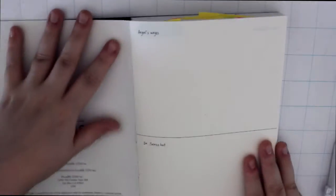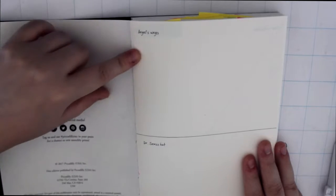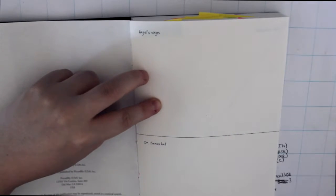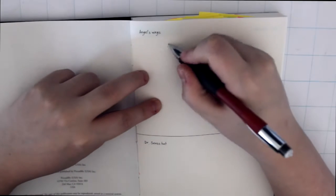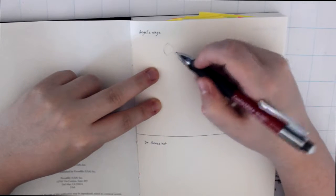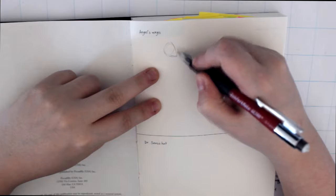So to start off, we've got the inner side. It's a bit weird, but our first prompts are angel wings and Dr. Seuss's hat, which immediately gave me like two ideas, so I'm kind of excited to do this. So yeah,